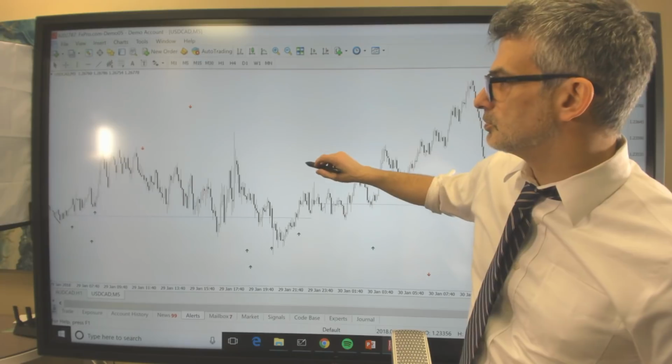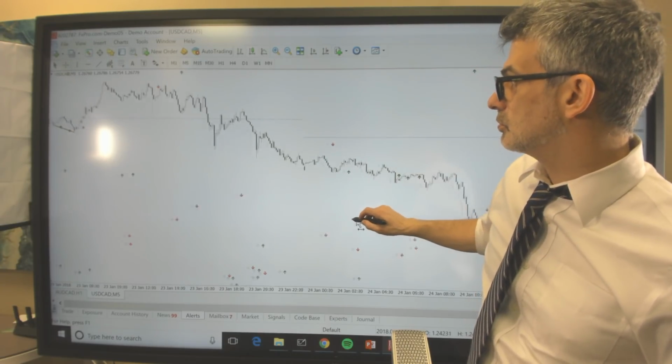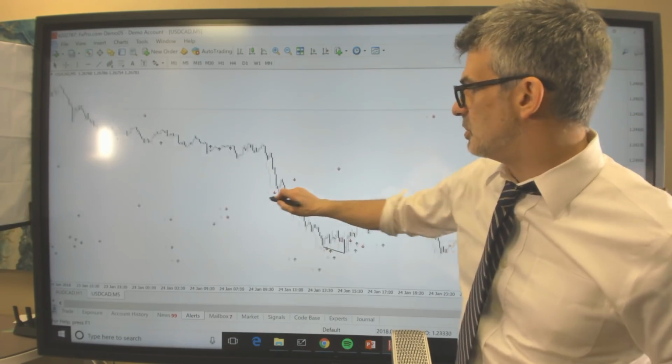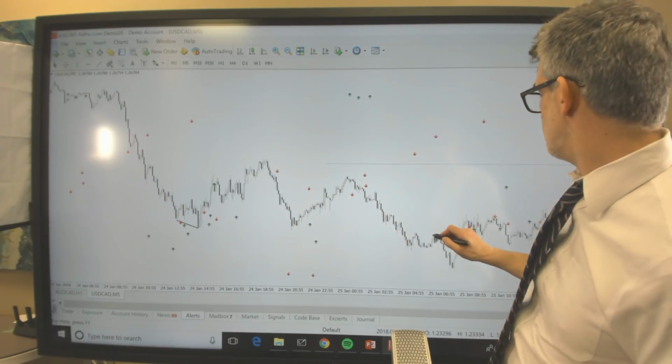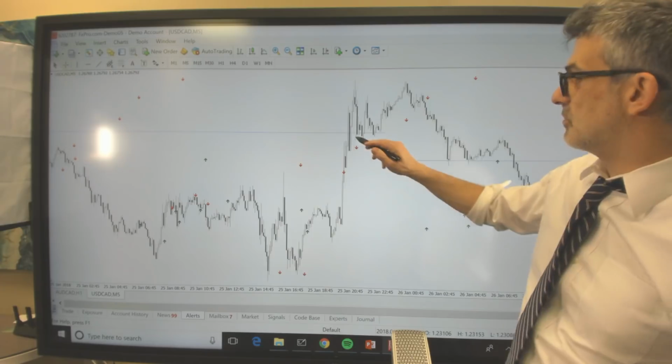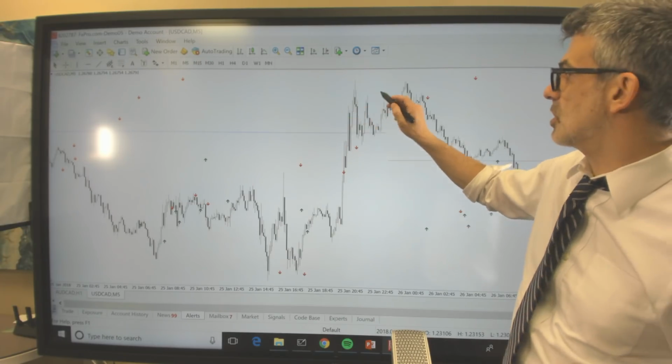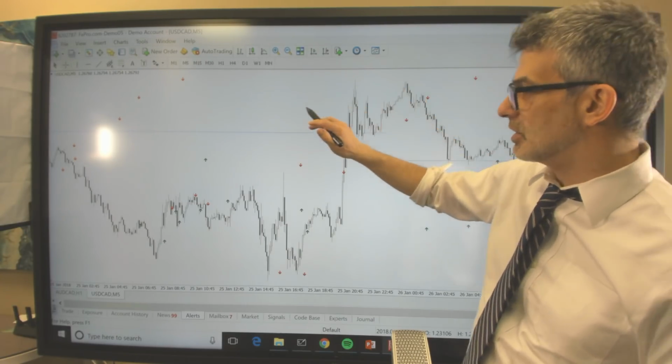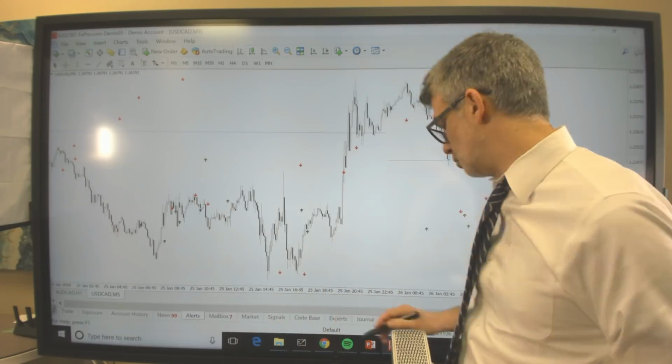Here we go. Now there's going to be a bunch of arrows on the screen. I can focus, Nate, now on anywhere that we see divergences. Now this is the 5-minute chart, and there's no divergence line here. If I drop down to the 1-minute chart,